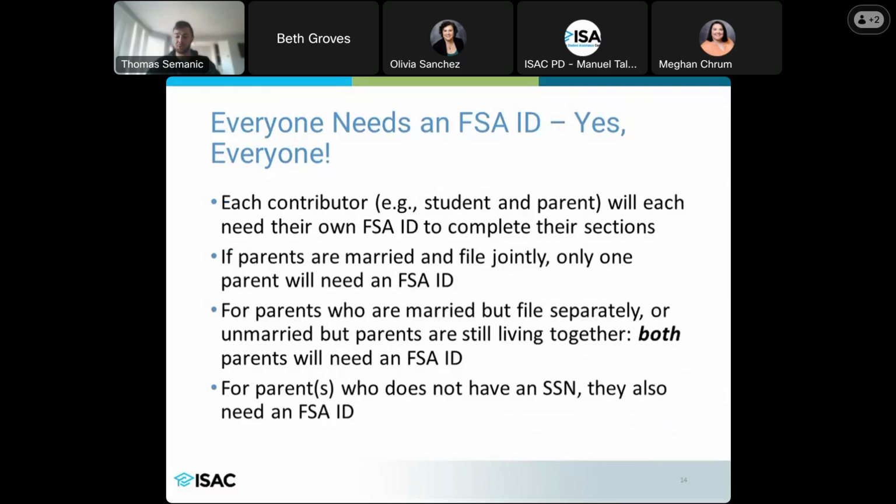So I mentioned this earlier on in the presentation, but yes, everyone now, we really mean everyone, needs an FSA ID, right? Every contributor that's going on the application is going to need their own FSA ID to complete their sections. But really the only instance where only one parent may need an FSA ID is if you have married filing jointly individuals. The reason being is because the IRS only needs approval from one of those parents because they